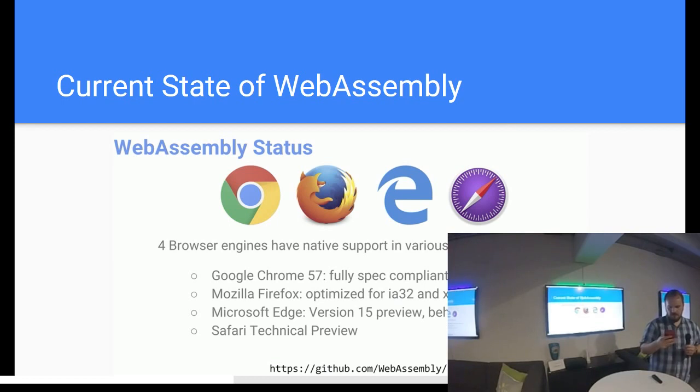Intermediate representation. Yeah, so that's what it is. Bytecode, yes. Yeah, you still have to load it.